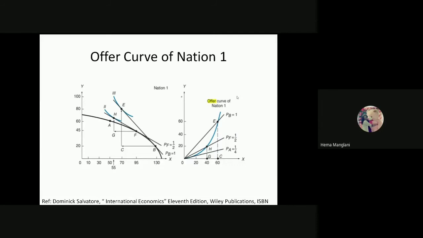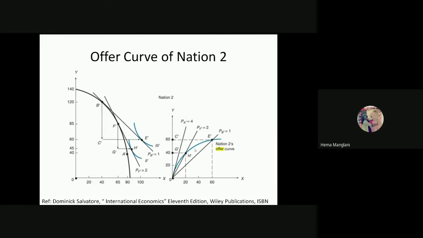If there is a rise in demand, then what happens? Let's say with 5 units of X, this nation would be able to get 10 units of Y. So this is the meaning that nation two has more demand for X. So always this is an encouragement for this country that nation two has more demand for X, or gradually the price of X is increasing. Similarly here also the price of Y has to increase. It means nation one has demand for this commodity X.